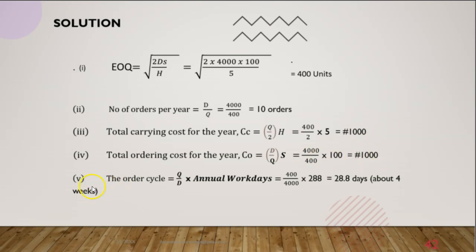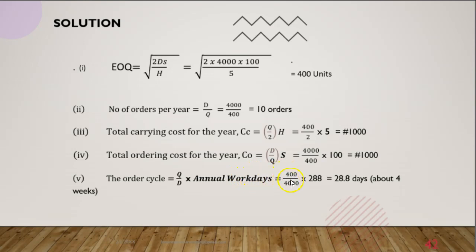Then the final problem is that we need to find the order cycle. Order cycle means the quantity of the goods that we are going to buy each time, which is 400 units, divided by the total annual demand, multiplied by the annual work days. These annual work days could be 365 days,